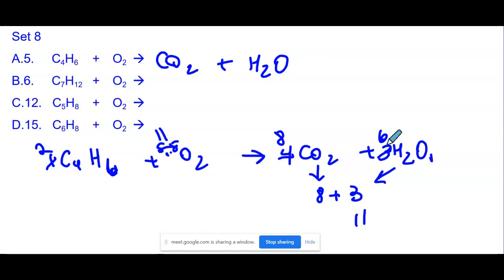Yeah, let me show you. Let's go through the numbers so you can see them again. So now I have 8 carbons here on the left and 8 carbons on the right. 12 hydrogens. 6 times 2 is 12. 6 times 2 is 12 here, yes? And then over here I have 22 oxygens, yes? Because 11 times 2